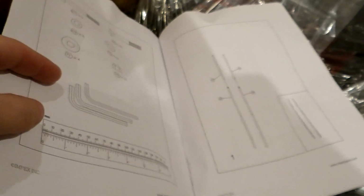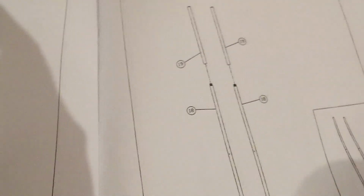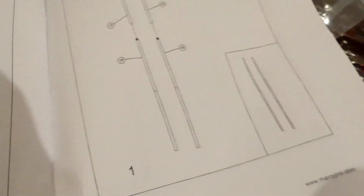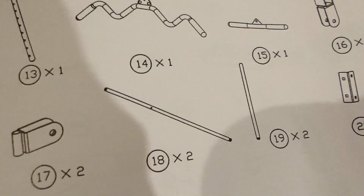Alright, after moving some more stuff, just to get the box a little unpacked, I started trying to put it together, and so obviously, it says piece 18 and 19, you just need to connect those, which over here, you got your bars and stuff. Nothing in any of this is labeled. There's no stickers, there's no nothing, so you kind of just visually have to go off of